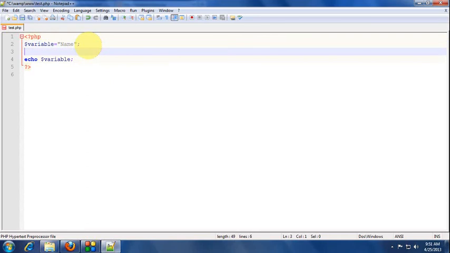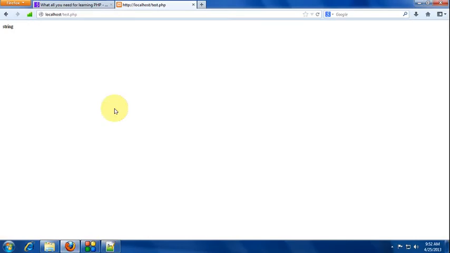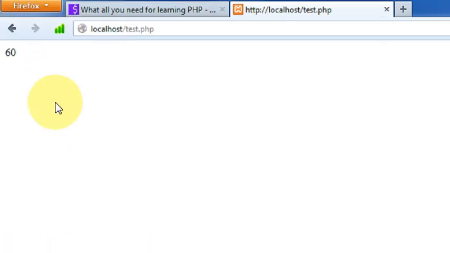And in the second line I will take the same variable and change the value to the number 60. What will happen? Will it give some error, or which value will it take? Refresh, it takes the value which is in the second line.